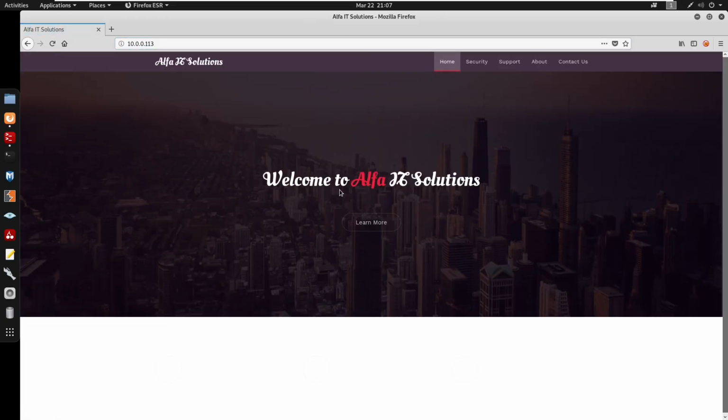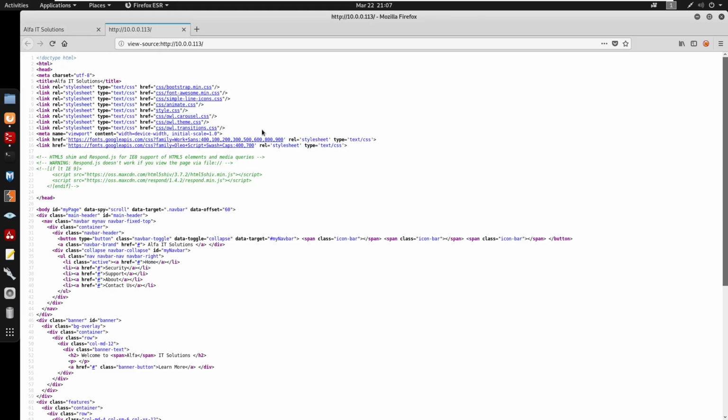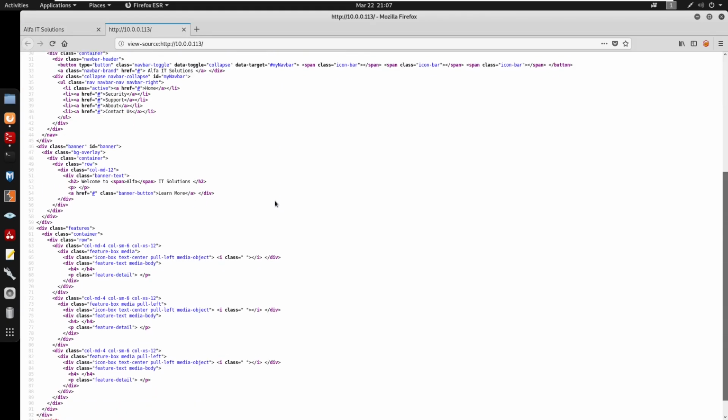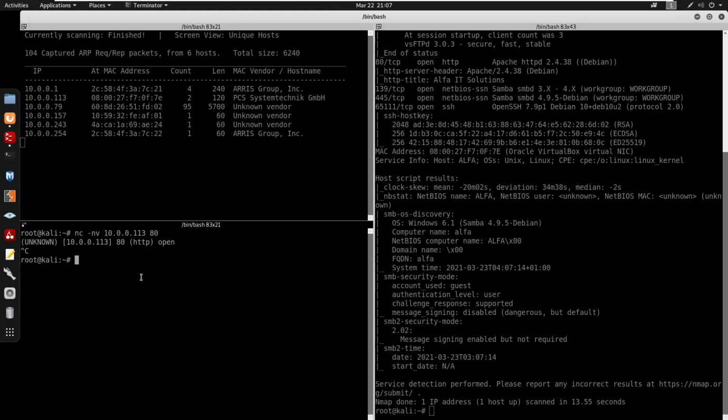We do see that we've come to Alpha Solutions. On the bottom left, you can see that this leads to just index.php. Doing Ctrl+U, we can view the source code. It doesn't seem like we have anything, so we're going to run a Gobuster on here